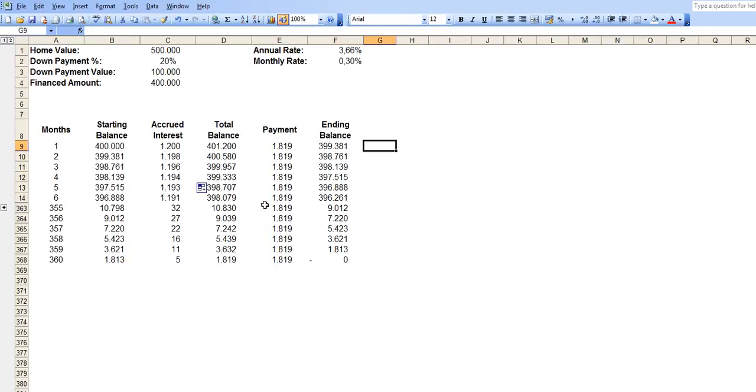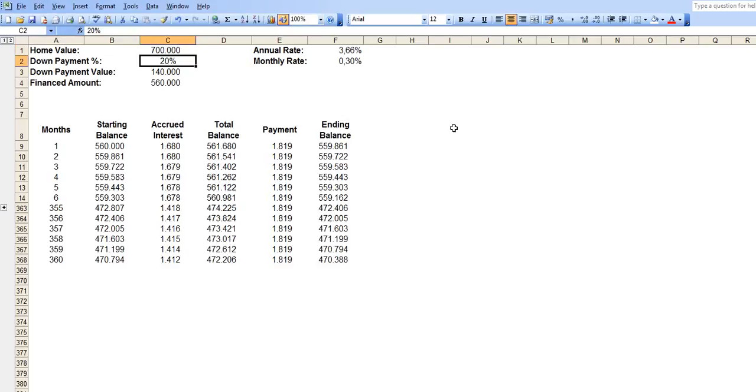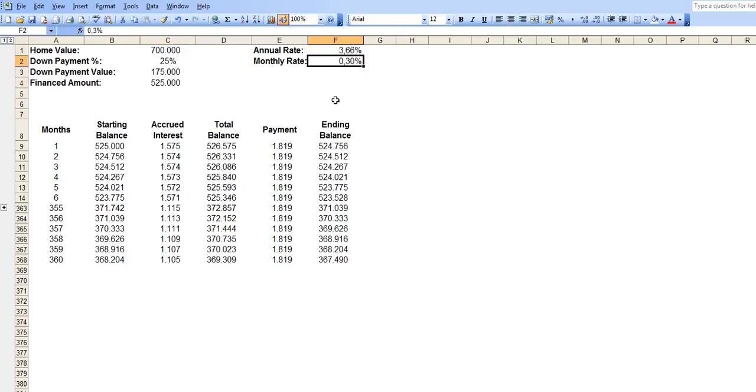So right now I solved this model already, so that's why I want to change the numbers so that I can solve it again to show you how we can use Solver to come up with the monthly payment. So let's make the home value go up to 700,000. Let's change the down payment to 25%. So as you can see, we have a down payment value of 175,000, and we have to finance 525,000. And let's switch our monthly rate to 0.20%, so our annualized rate would be